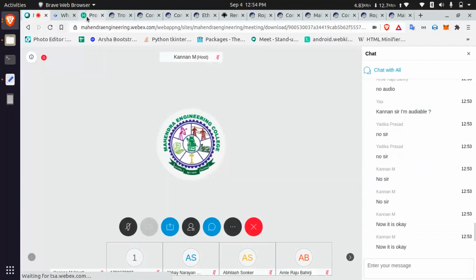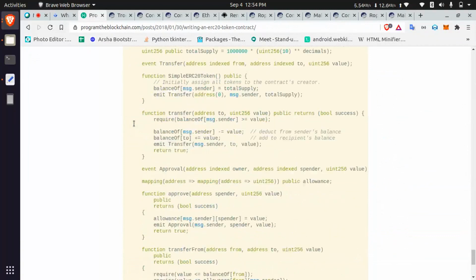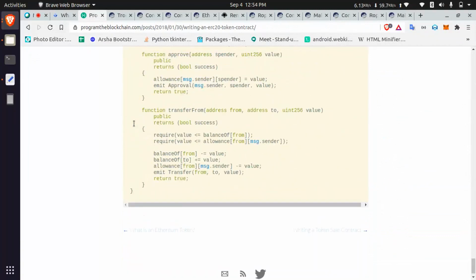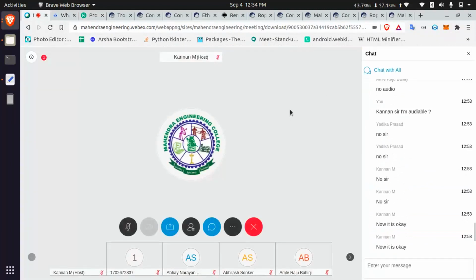Just try this with your own. In addition, there are some concepts. I will explain that. Just try with this ERC20 contract. I will explain additional things. Just try this up to 110. Try with this. If you have any doubts, please ask me. You can see my balance. It is reduced.